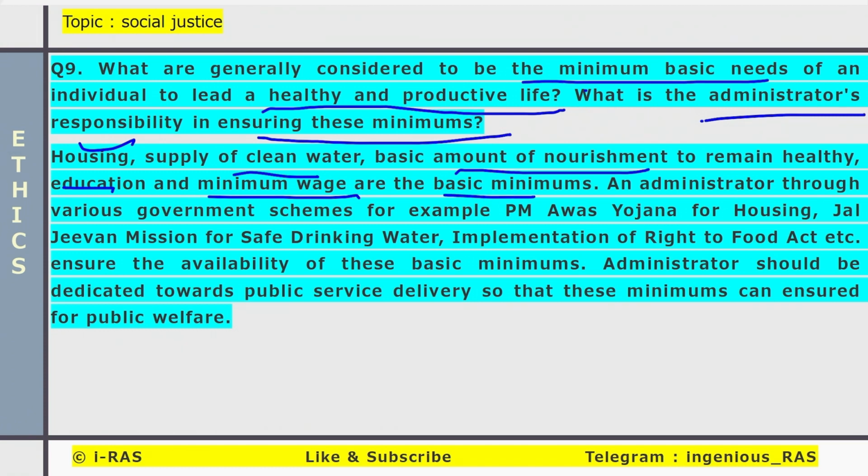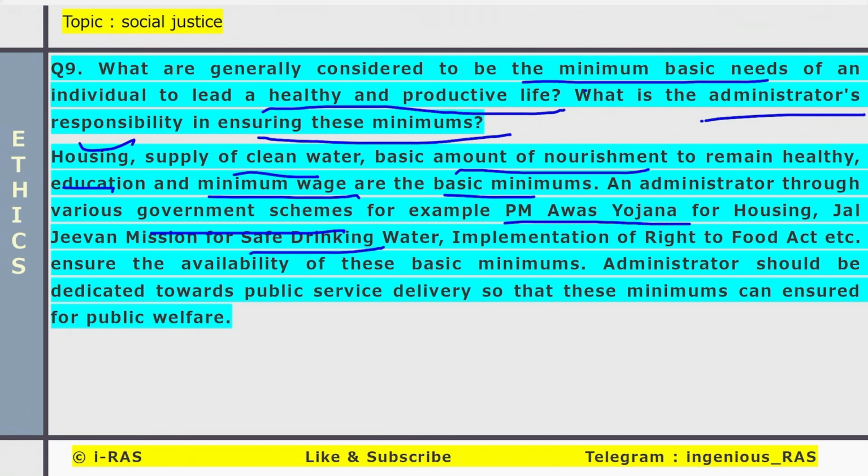Okay. An administrator's role is to ensure their availability. India is a welfare nation, so most of the basic needs are fulfilled by the state. It means the government only, and the government does all the public welfare programs through administrators such as IAS officers, RAS officers, DM, etc. So an administrator, through various government schemes, for example PM Awas Yojana for housing, Jal Jeevan Mission for safe drinking water,